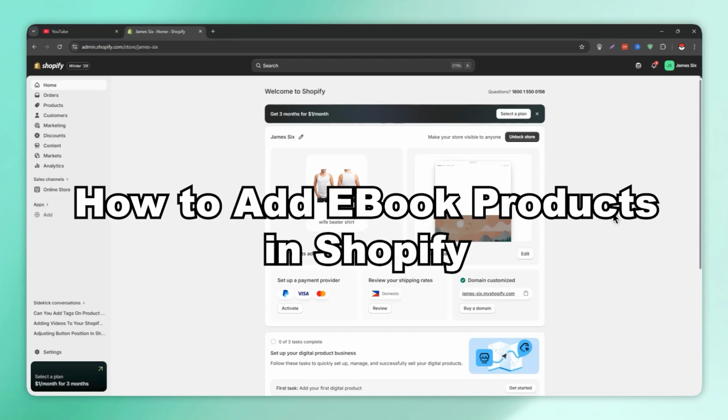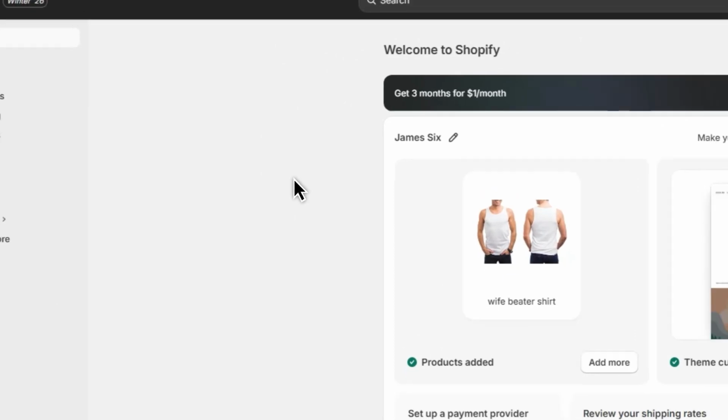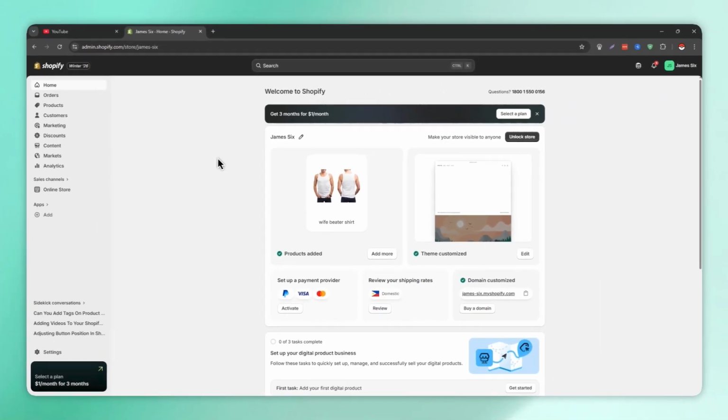In this video, we are going to show you how to add ebook products in Shopify. If you want to add ebooks to your Shopify page, it's very simple. All you need to do is, of course, log in, and then once you've signed into your Shopify account, look towards your left-hand side. This is going to be where your main menu is located, and you want to click